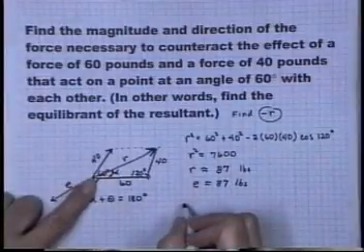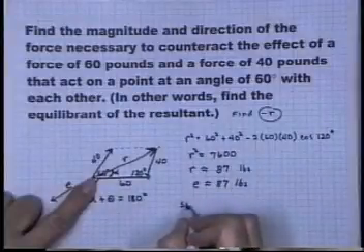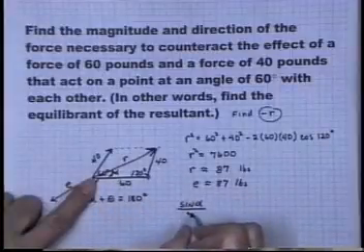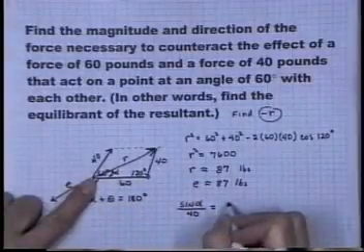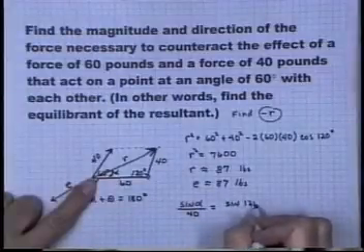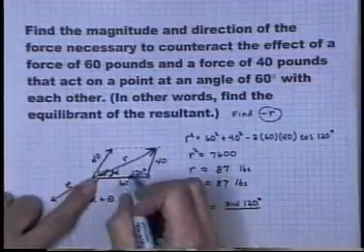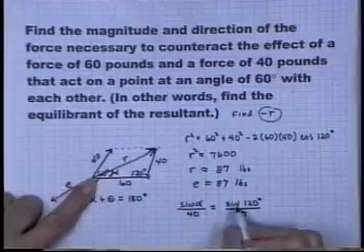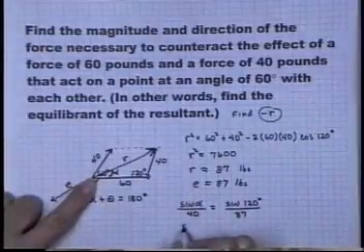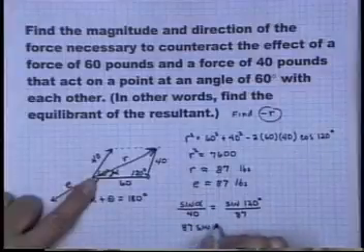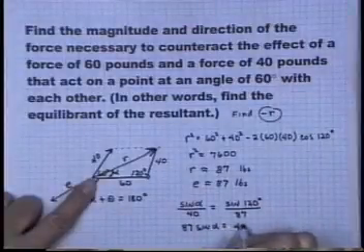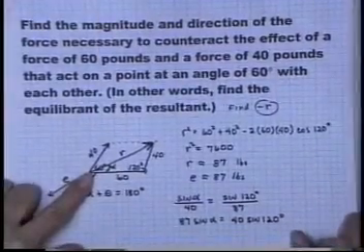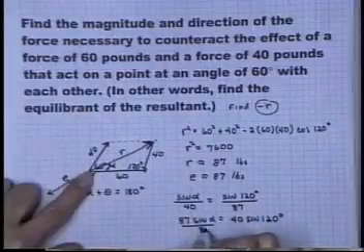So I'm going to put the sine of angle alpha over the side opposite that, which is 40, and I will set that equal to the sine of the 120 degree angle that we know, and the side opposite that is r, or 87. So if we cross multiply here, we have 87 times the sine of alpha is 40 times the sine of 120 degrees, and then of course we can divide both sides by 87,